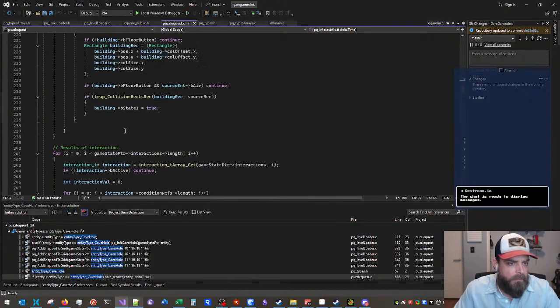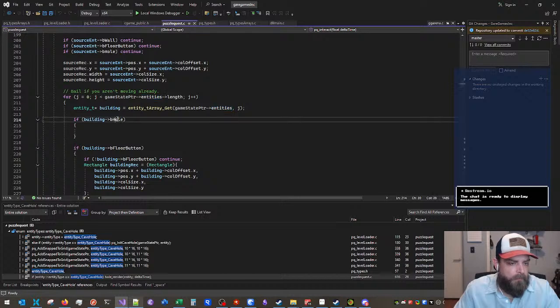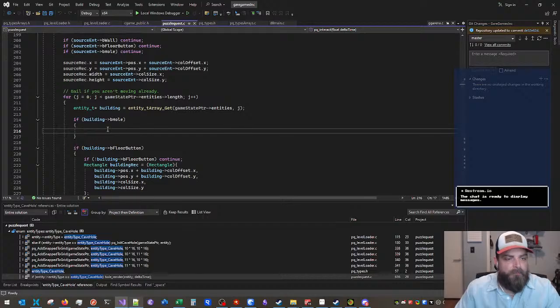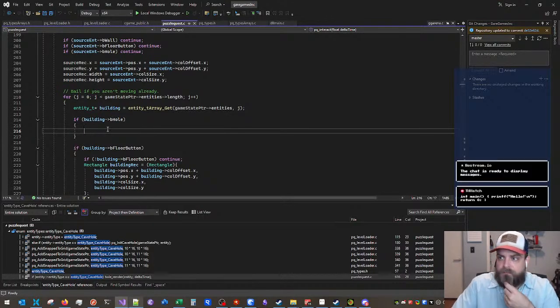So down here, I think I added it to one of these. This one, if it's a hole, we're not checking on type, we're checking on this value. So if it is a hole, we're going to check and see if you collide with the hole, and if you do, then you have to be a certain amount in the hole. So for example,